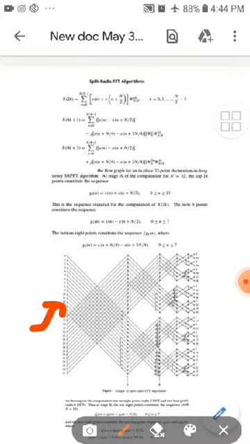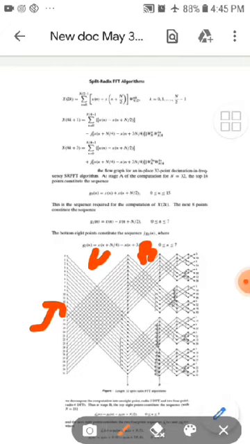So here z1 of n and z2 of n are used in the computation of X of 4k plus 1 and X of 4k plus 3. This is stage A. We have completed the first decimation for the radix 2 computation of the algorithm. So in this first stage it consists of the radix 2 algorithm, and next is stage B.